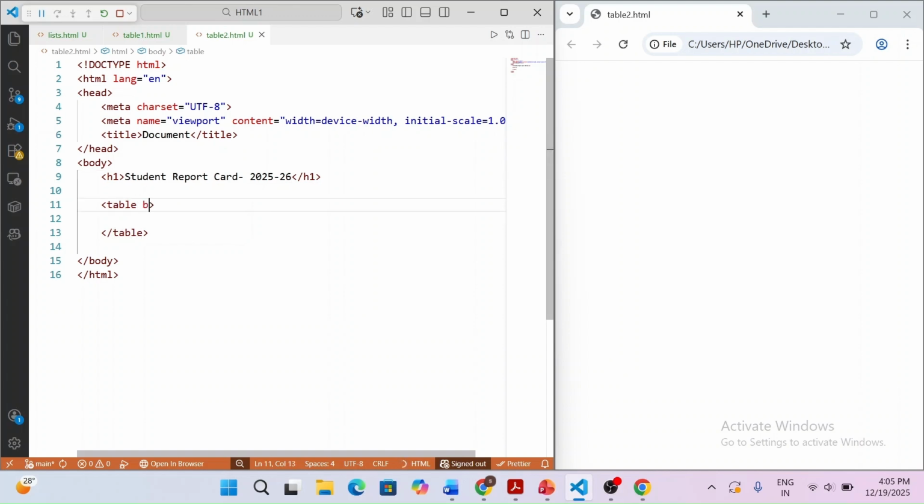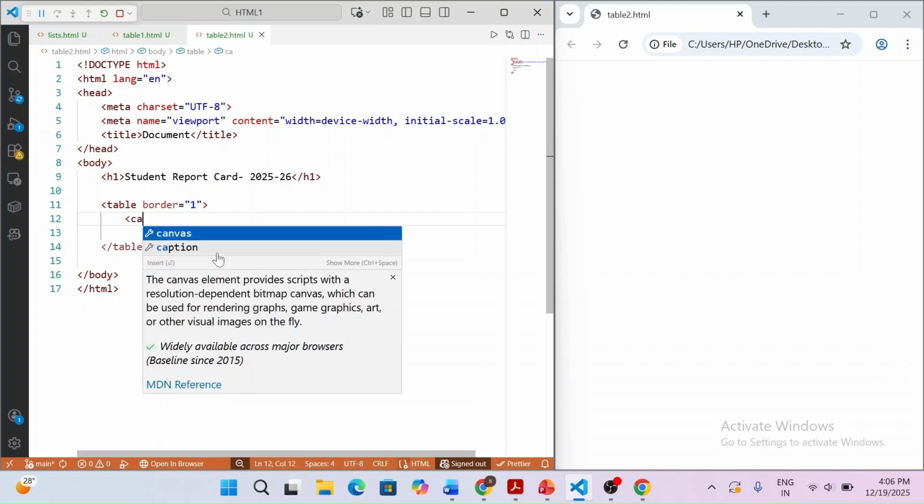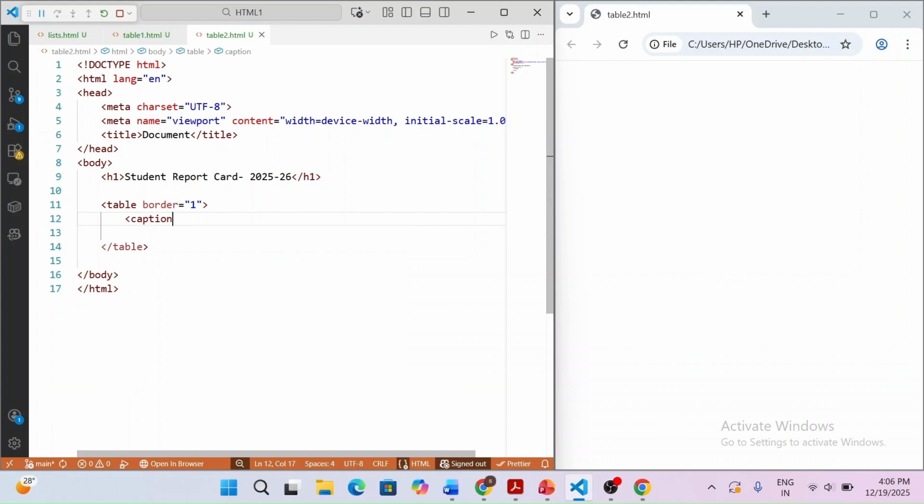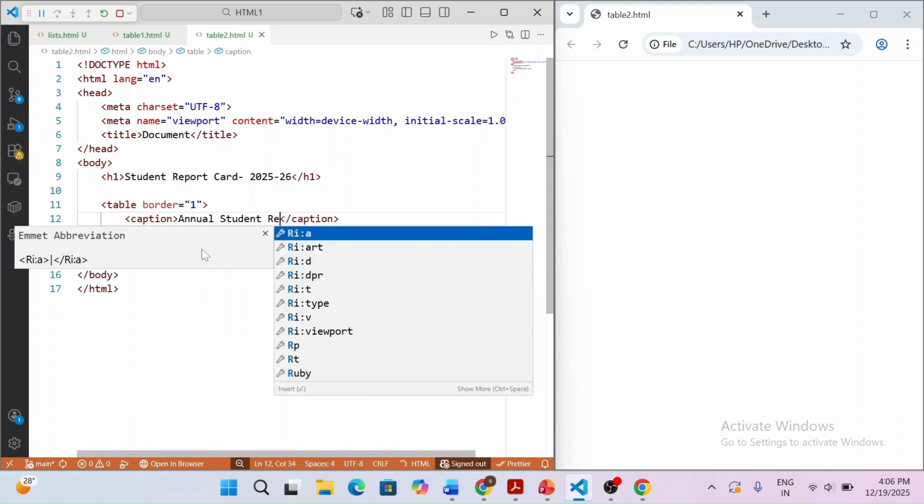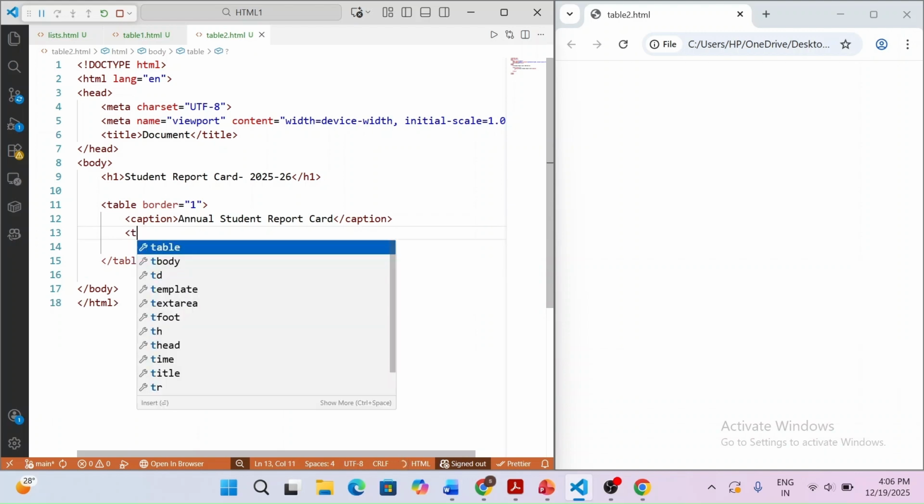Now we'll start the table. First, keep the border attribute of the table equal to 1. Let us start with the caption. Why are we using caption? To give the table heading, the table name. So I'm using the caption tag. Inside this caption, we are going to write annual student report card. So this is the caption. Next we hit